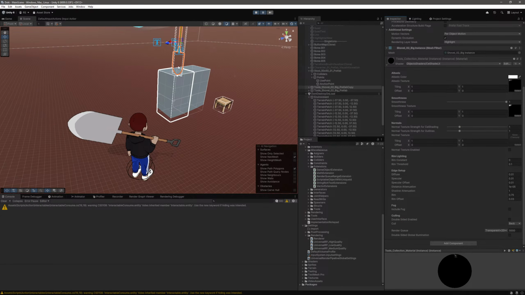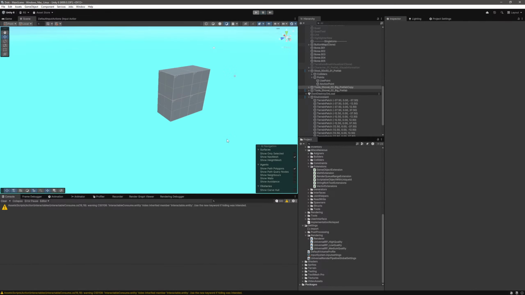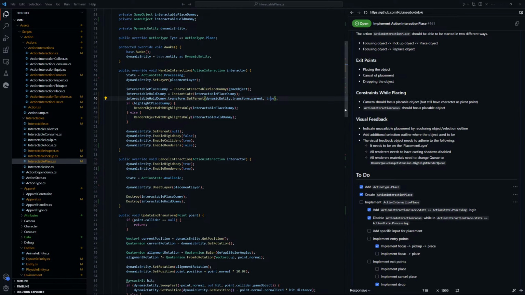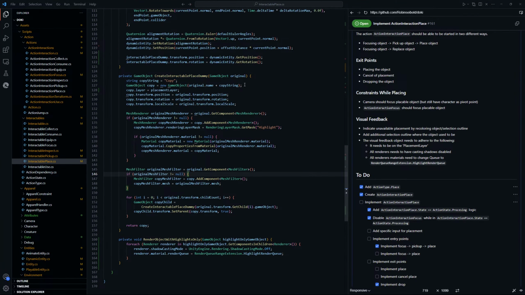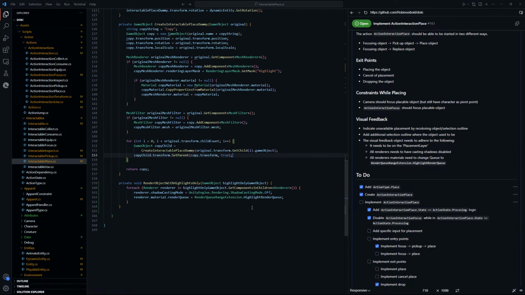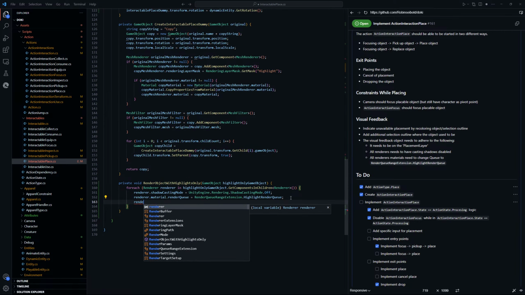Okay, place. This one should be the only one highlighted. So we should be doing this. We disable this one here, and then we do renderer dot